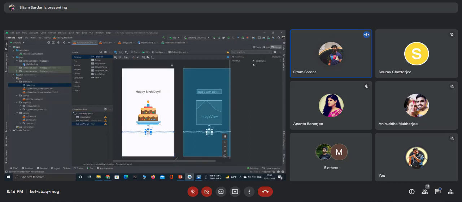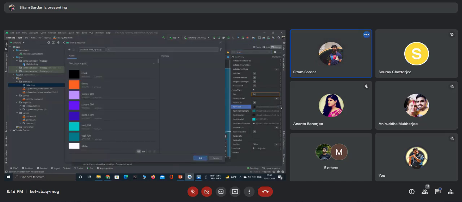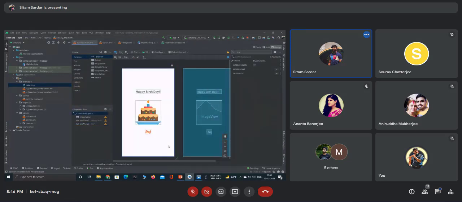Okay, one thing, we can also change the color of the text. If we go to the text section, there is an attribute called text color, right? Do you remember we used a demo color in this color.xml file? Have you all remembered this demo? Yes. So we are using this demo only. It is showing like that. So if we run this app,